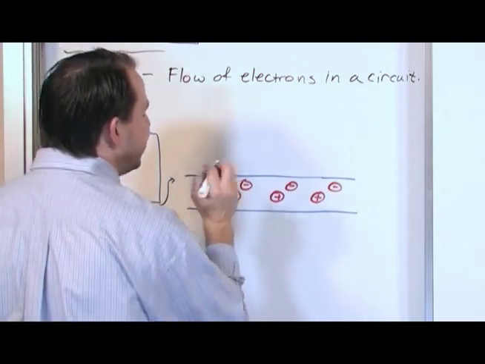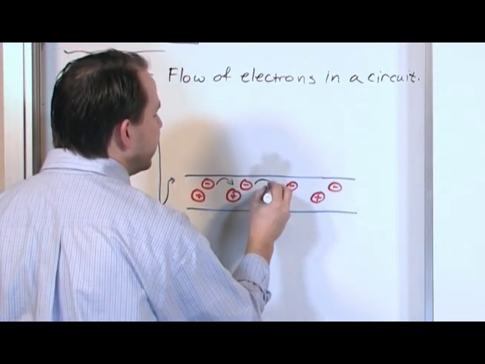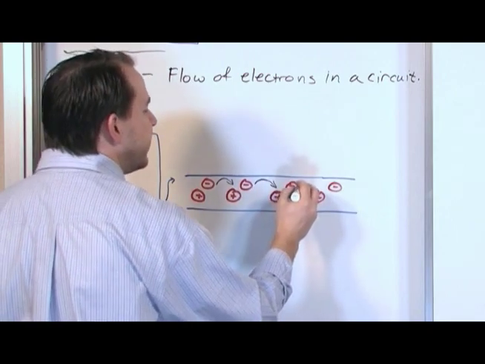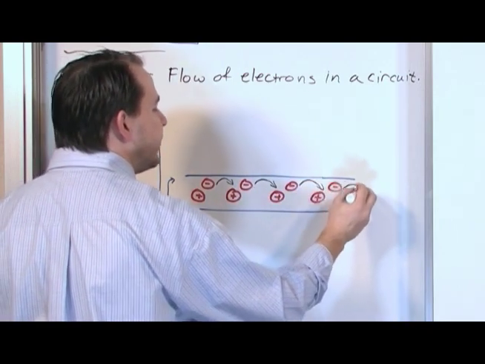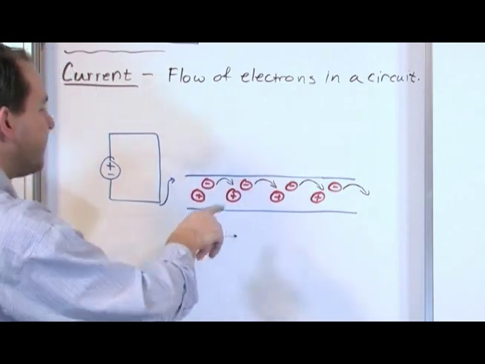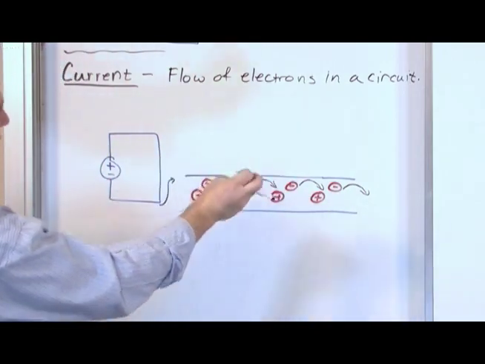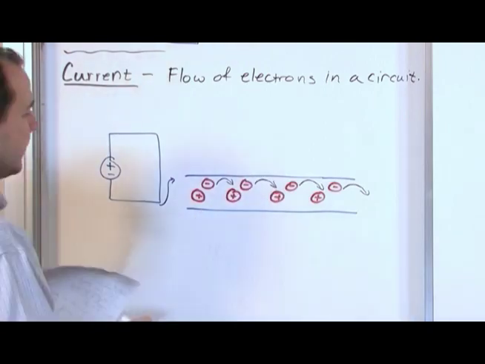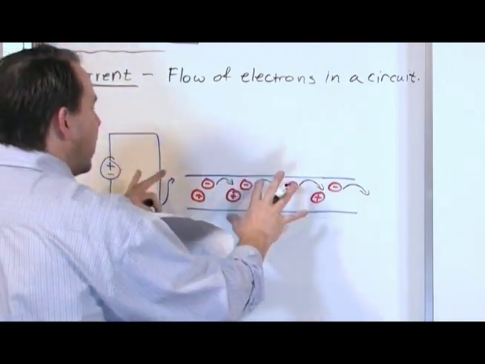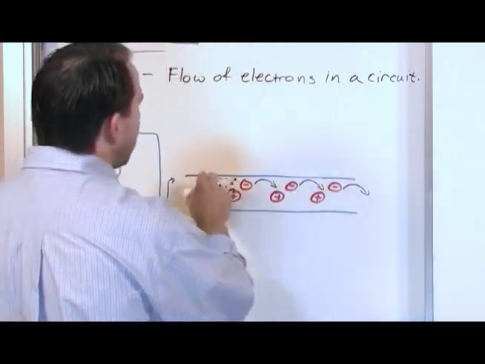And at that moment, at the same time that happens, it's a chain reaction. This guy goes to the next guy. This electron moves to this guy, and this electron moves to its adjacent atom. And this process happens almost at the speed of light, so you can't see this electron movement, but that's in fact what's happening. So it's a chain reaction, and they're almost in lockstep, moving from one atom to the